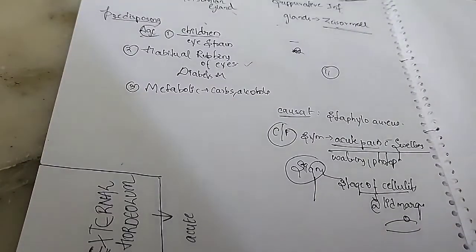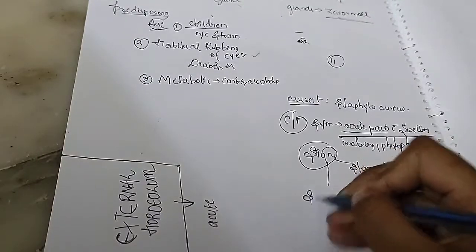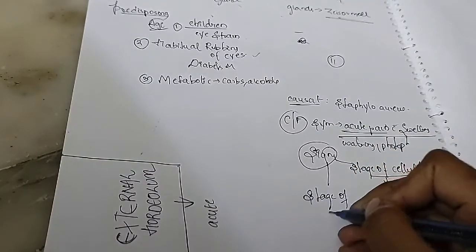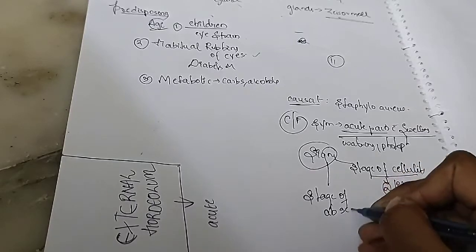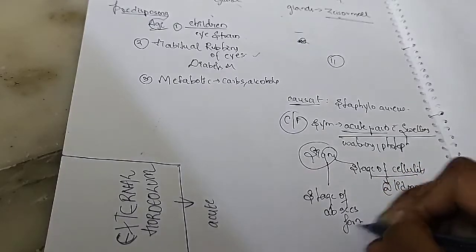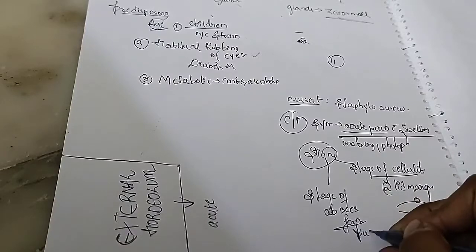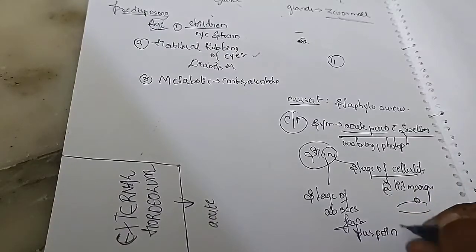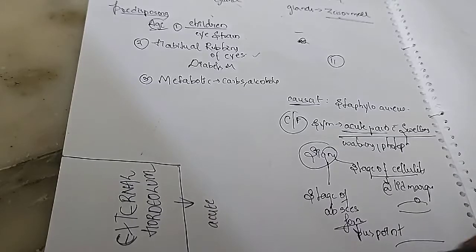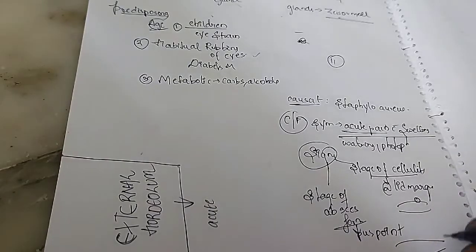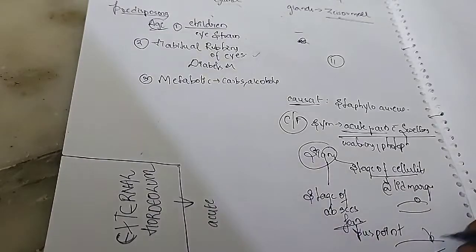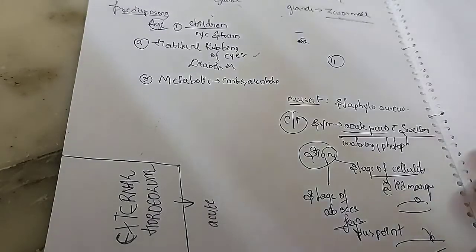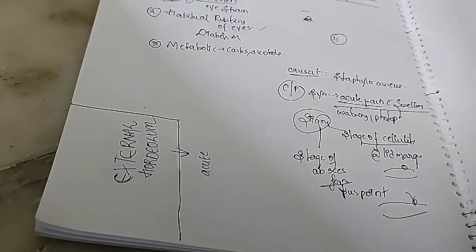Next is the stage of abscess formation. It is characterized by a visible pus point. The thing to remember here is that the pus point is on the lid margin in relation to the affected cilia. So you could say the pus point is present outside, in relation to the affected cilia. Whereas in internal hordeolum, which we'll talk about in a minute, the pus point is towards the tarsal conjunctiva. Here it is in relation to the affected cilia.